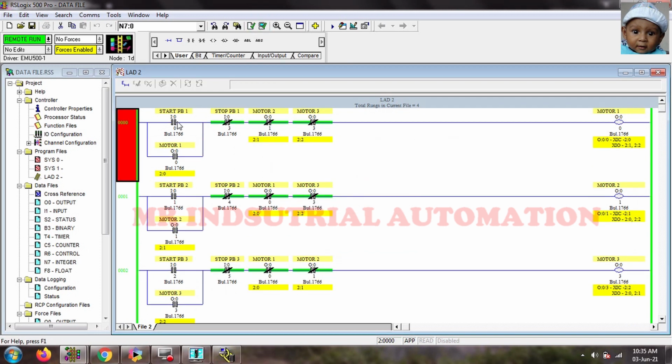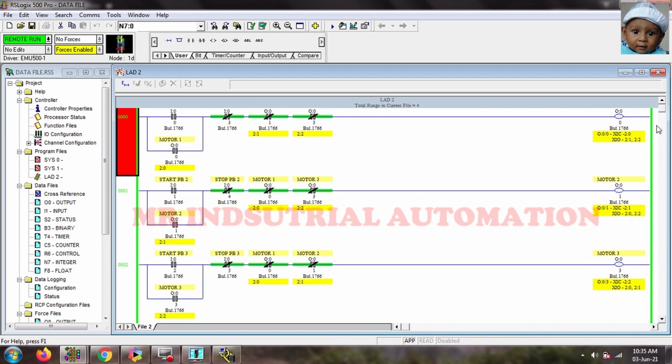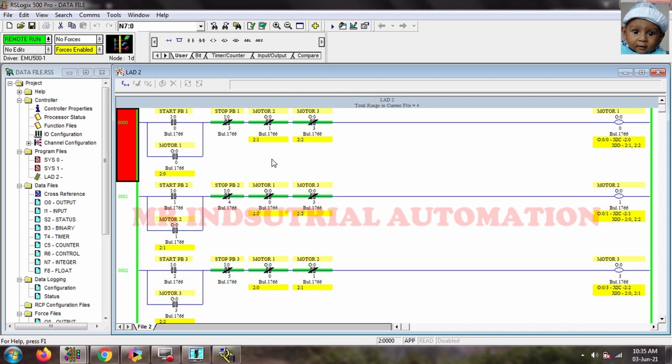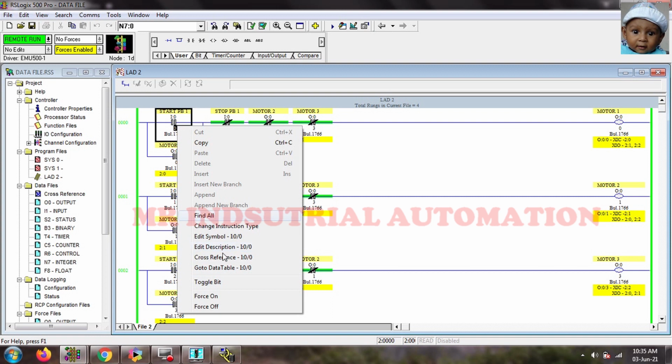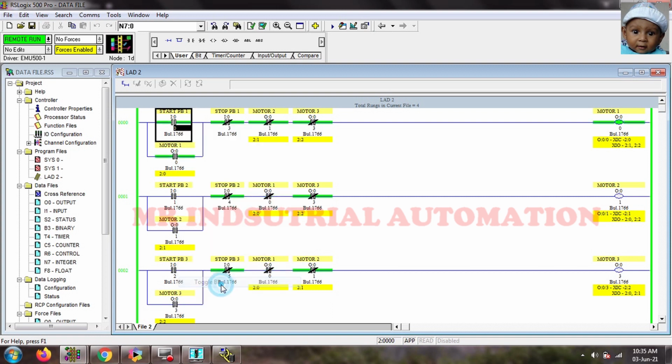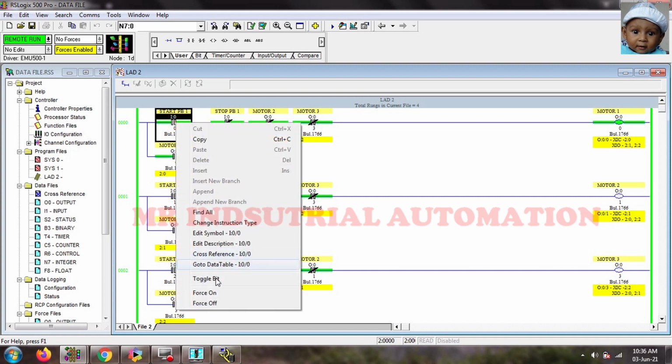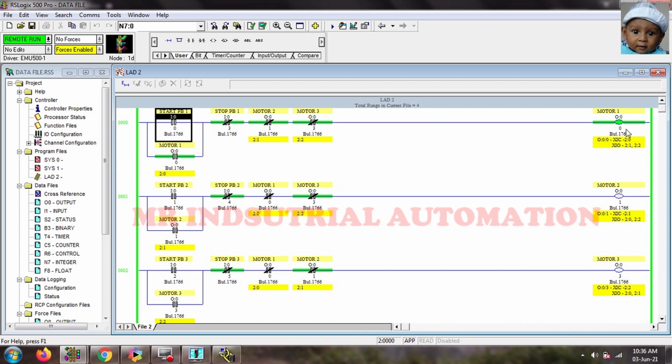Now we will run the logic, and I will give the start command to motor 1. So when I toggle the start PB, the output is on. You can see motor 1 is on, and it remains on because of the hold branch.